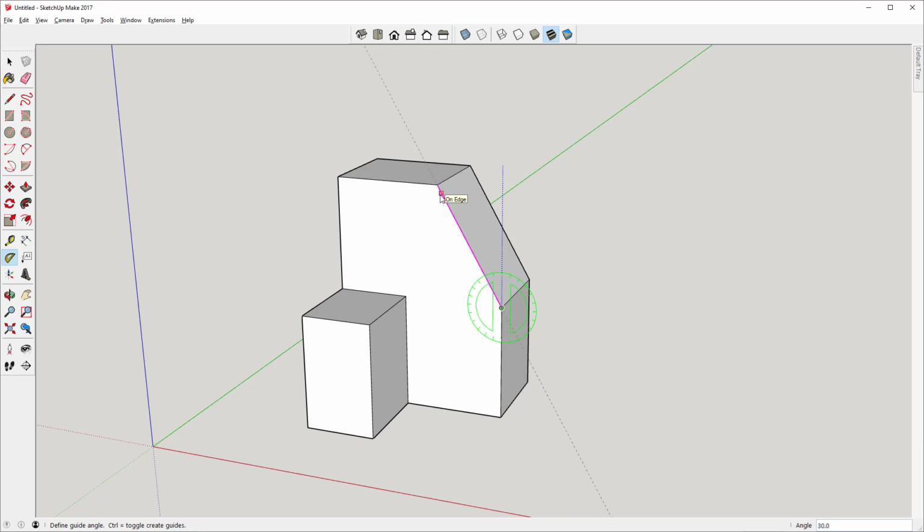And once I'm on the line, it shows down in the measurement window that I'm at 30 degrees. So it's just telling me what that angle is. If I click here, it creates a line at that angle. I'll undo that. If I wanted to, say, make a line that was going down in this direction, 20 degrees